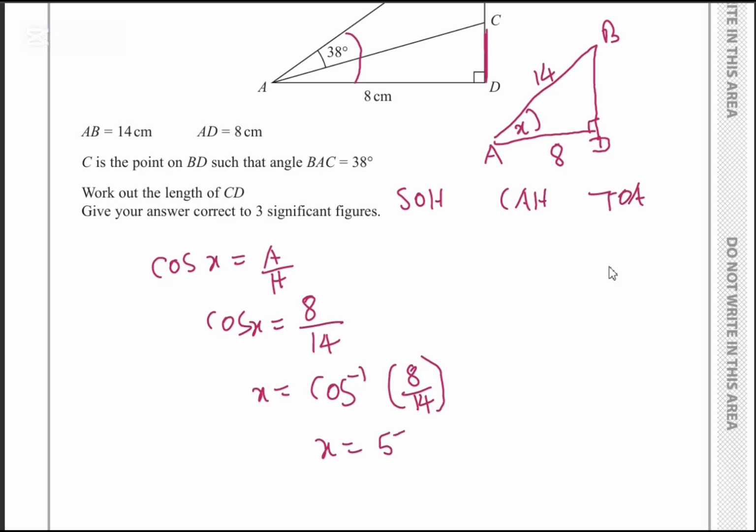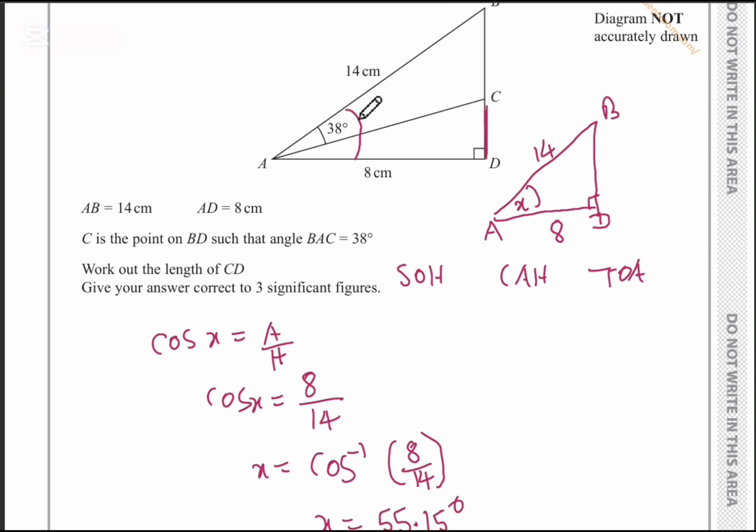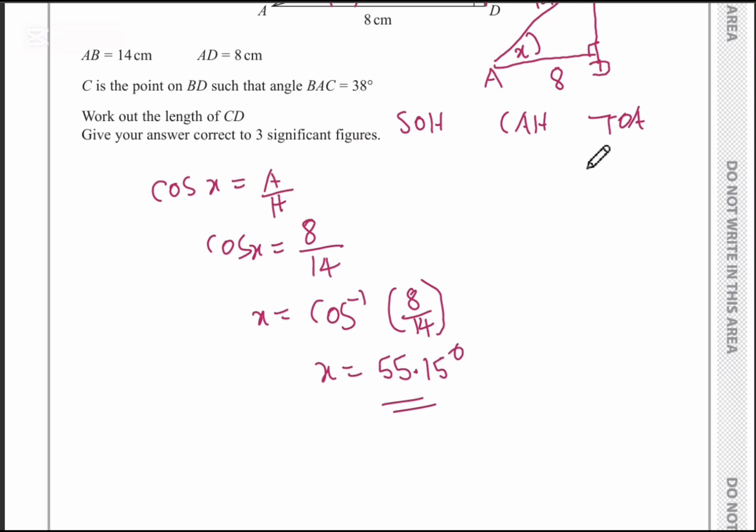X is 55.15 degrees, right? And what I just found is this entire angle. So if this entire angle is 55.15, what would be the small angle? It would be 55.15 minus 38. So if I do that in here,